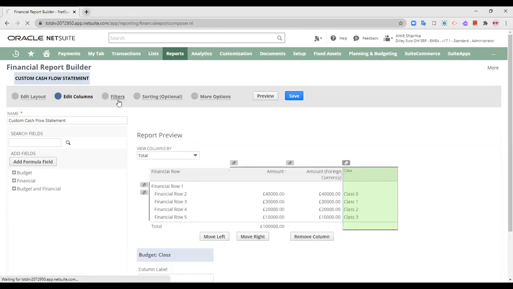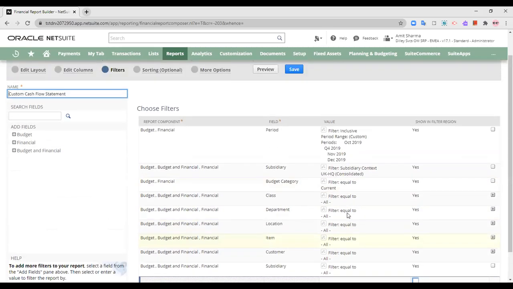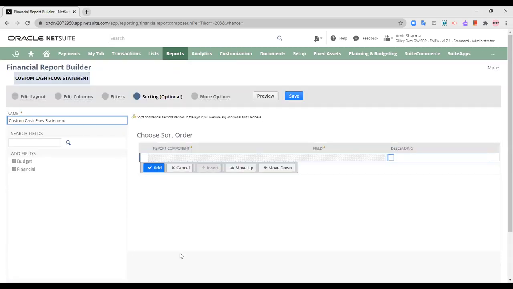Then I can also have certain sorting, or include certain filters. As you can see, there are filters based on class, budget category, subsidiary, period, whichever filter you would like to include, so that you can filter the information in the CFS, that is the cash flow statement. Once you've done all the customization, you can save it.